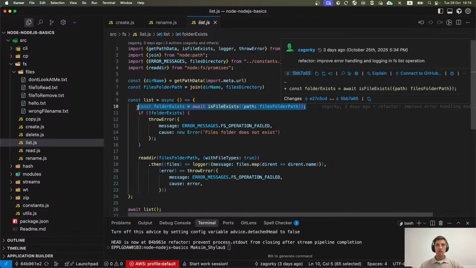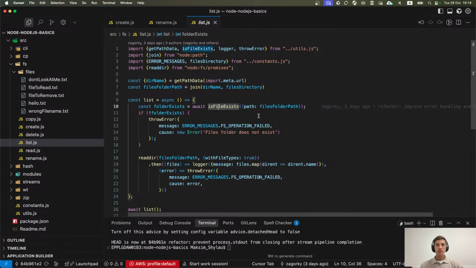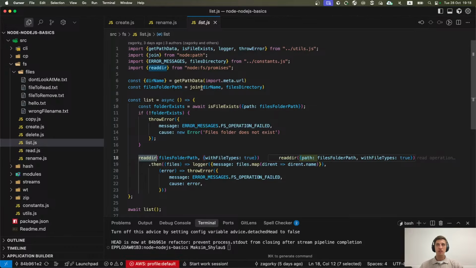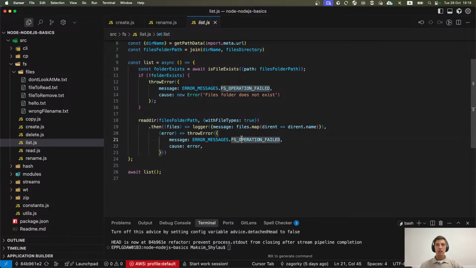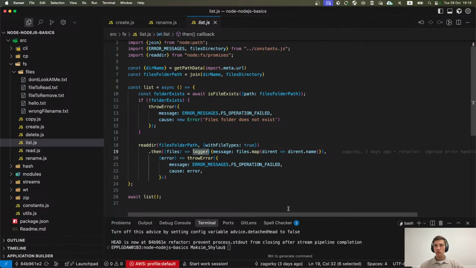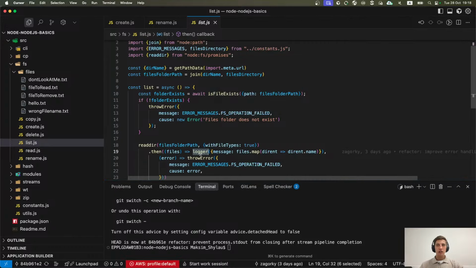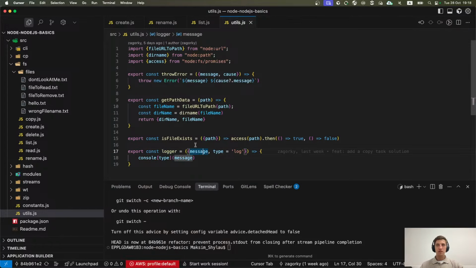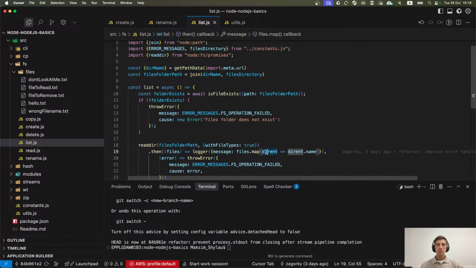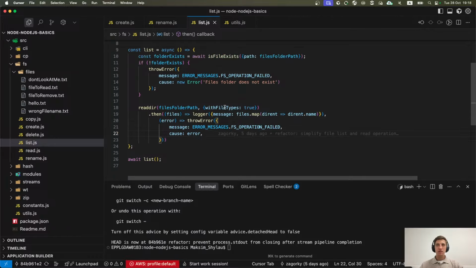So we check that the folder exists separately, and if the folder doesn't exist, we throw an error. Otherwise, we use the readdir API, and then we log files. I assume that logger is just some wrapper around console. Yes. Maybe it's a bit complicated, but still.